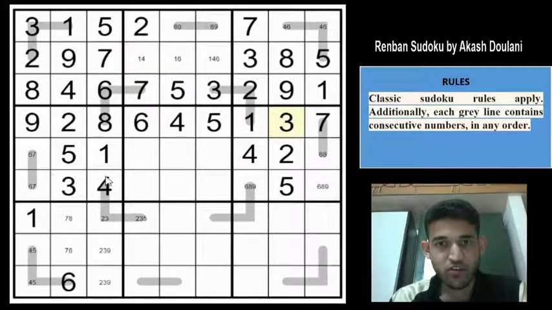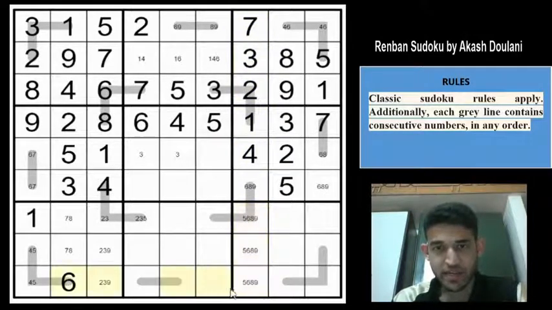So there is a 3 in row 4 and row 6. So 3 must be in one of these two cells because 3 can't go in column 6. So any more easy digits? So if you look at column 7, 1, 2, 3, 4, 7 have been placed. Remaining digits are 5, 6, 8 and 9. But a 6 can't be here. So this will be a 5, 8 or a 9.